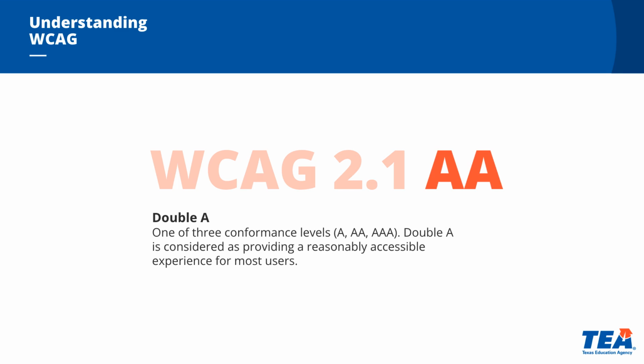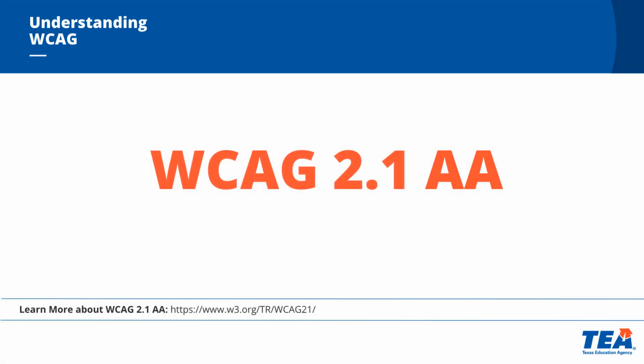AA is one of three conformance levels: Single A, AA, and AAA. AA is considered as providing a reasonably accessible experience for most users and is required by the State Board of Education. To learn more about WCAG 2.1 AA standards, go to https://www.w3.org/tr/WCAG21/